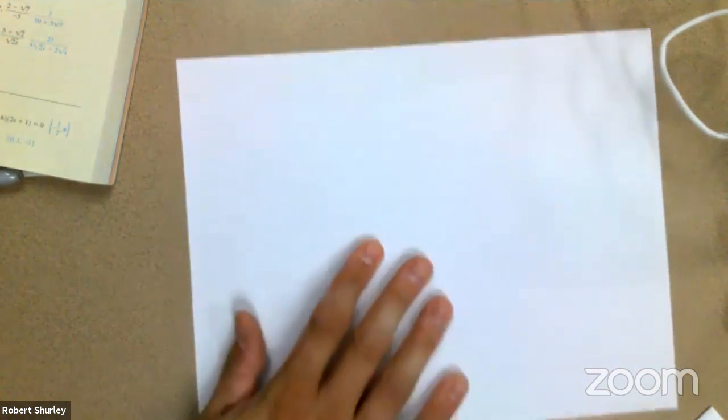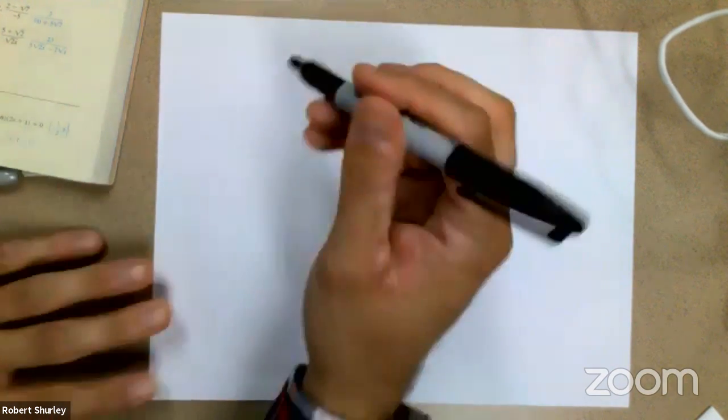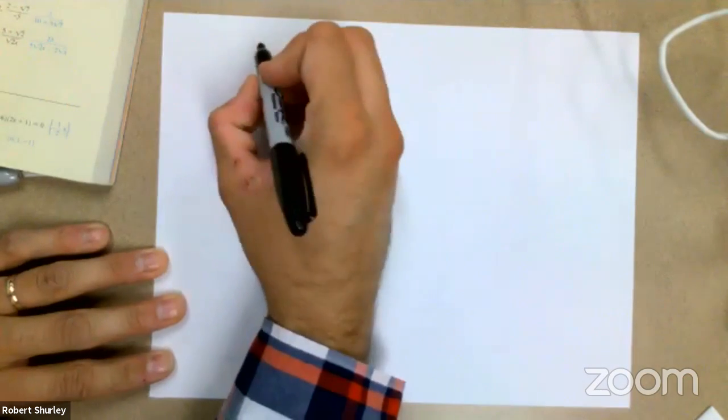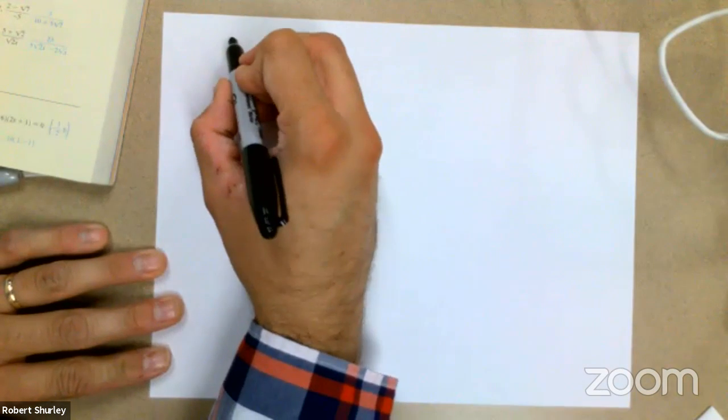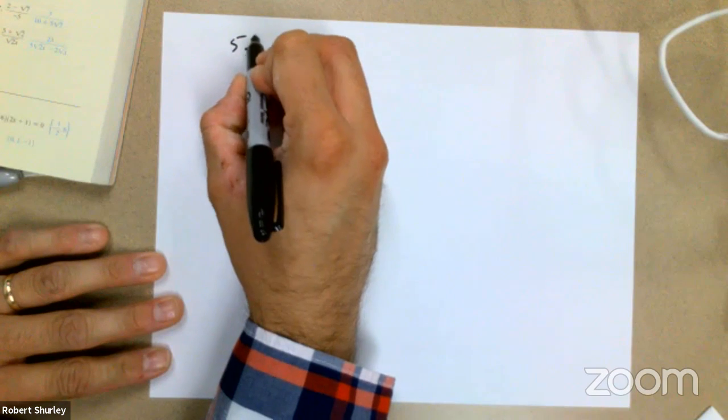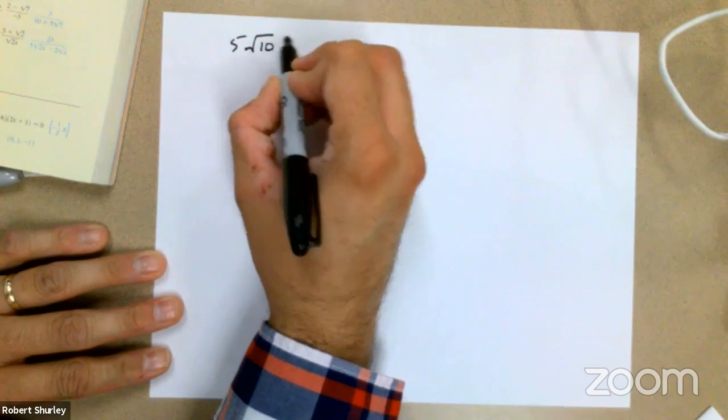So let's just do a few more, and then we'll get to actually what we're going over. But I'm going to tell you, what we're going over is not that hard. The trick isn't that hard. It's going to be the simplifying that we've got to really pay attention to, so we don't get this question wrong. Let's say we had, this happens in this section, yeah, let's say 5 square root of 10